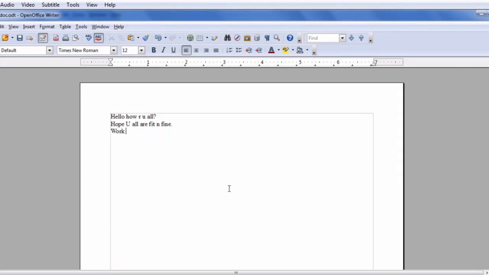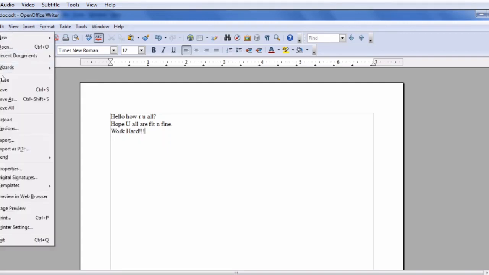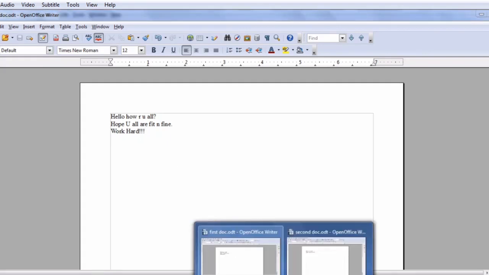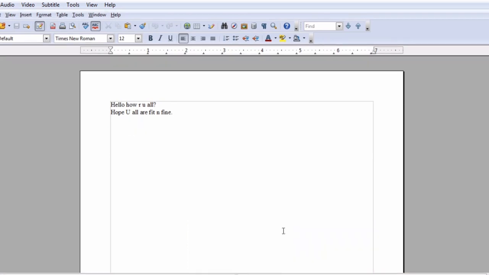Suppose I write something like work hard, and this new line is added to this file, and we will just go to the File menu, and now you can see Save is enabled, not grayed out. So Save. Now this change is saved in first doc, and we have another copy of this file which is second doc.